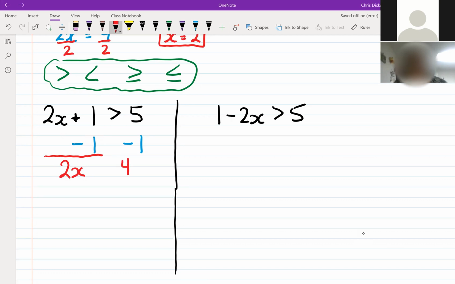And then I would write this symbol here, bigger than. And then I would divide both sides by 2. So it's kind of the same question we did above. And we get x bigger than 2. So what this means is that if I put,